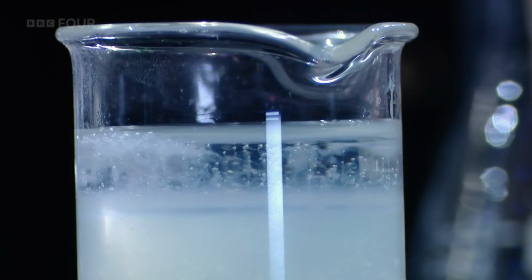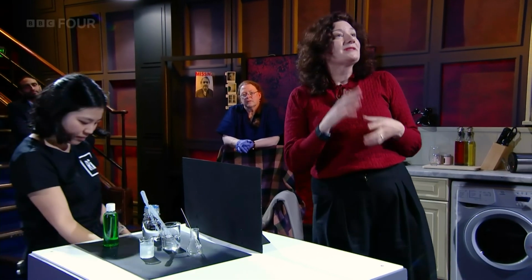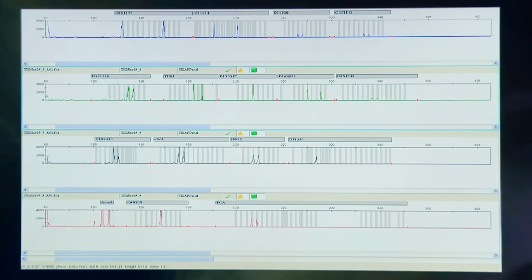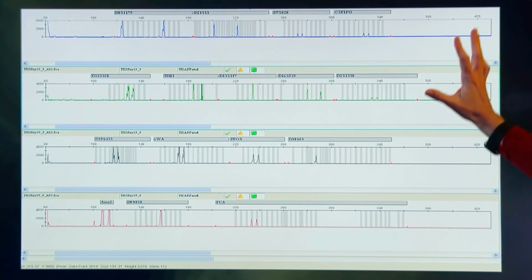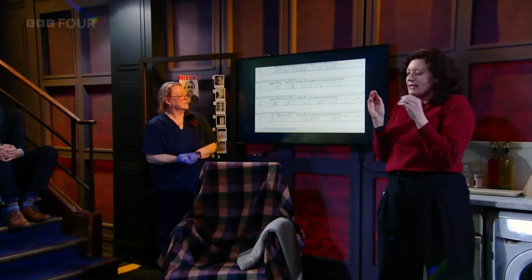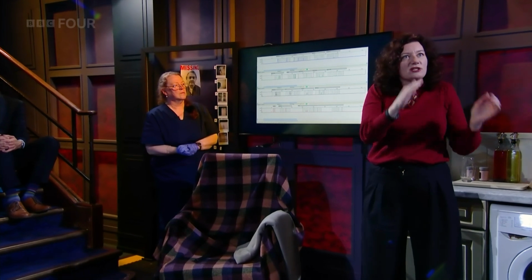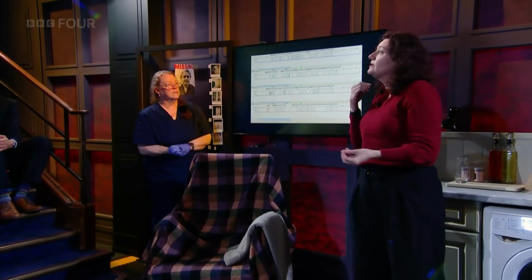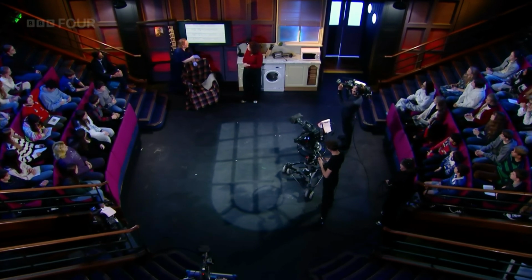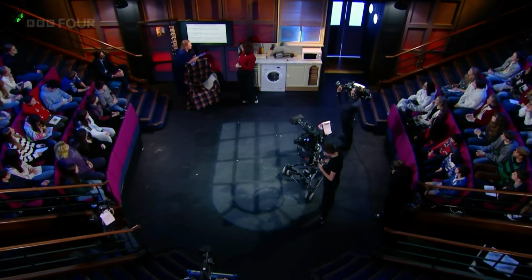Now, how do we use DNA for a crime scene? So what we do is we produce what's known as a DNA profile. And I've actually got one here. It's not the entirety of somebody's DNA, which is known as a genome. What we're doing is taking little snapshots of little sections of our DNA that we know are really variable between individuals.